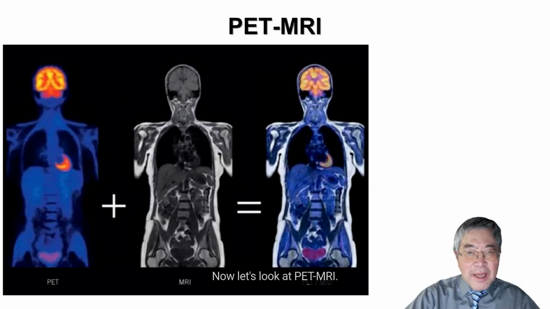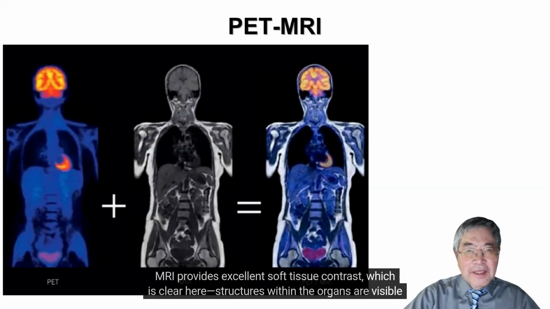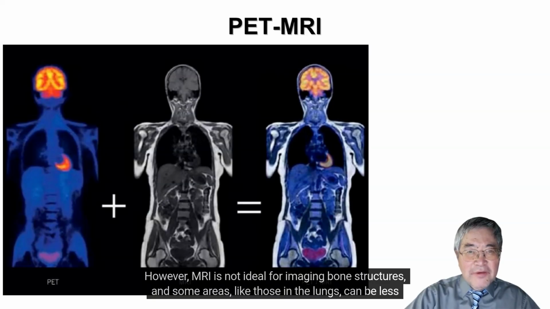Now let's look at PET MRI. MRI provides excellent soft tissue contrast, which is clear here. Structures within the organs are visible in great detail. However, MRI is not ideal for imaging bone structures, and some areas, like those in the lungs, can be less